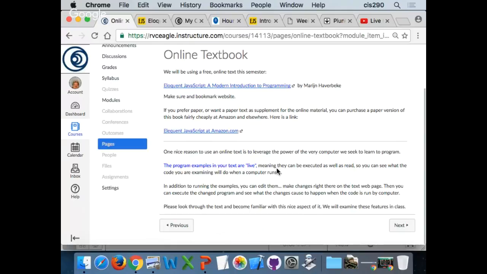I would rather go a little slower and learn things so that you'll understand and comprehend them. One of the ways we can do that is through the online textbook, which has built-in live coding examples. In addition to running examples, you can edit them on the fly. Right within the text, you can make changes to the live examples and see what happens, which is really awesome. That way you're not breaking your reading or your train of thought, which, if you're like me, can take a while to come back from. And in addition to editing,